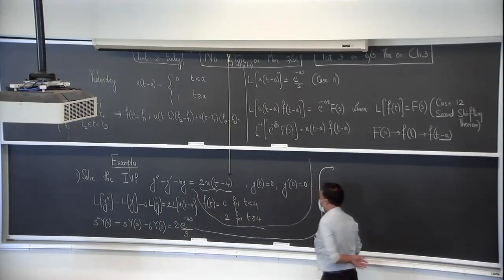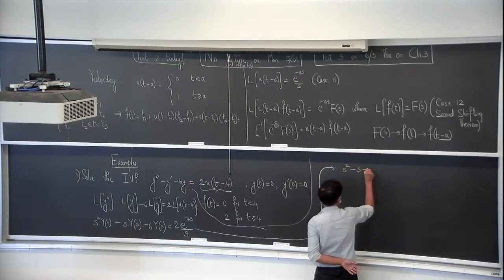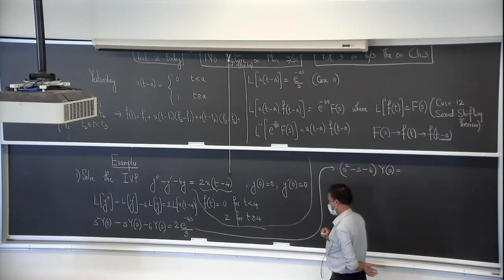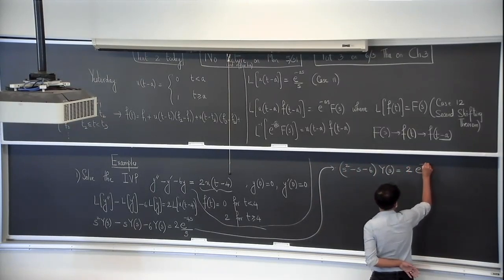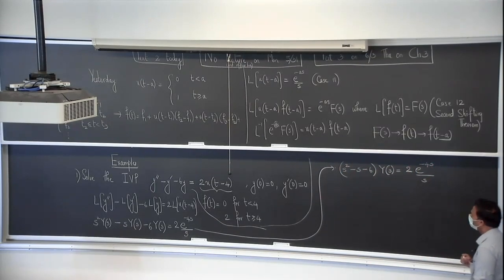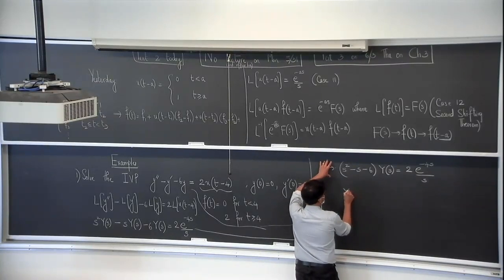So, all right, let's solve for y of s. s square minus s minus 6 times y of s equal to 2 e to the power of negative 4 s over s. Divide both sides by s square minus s minus 6. So y of s equal to